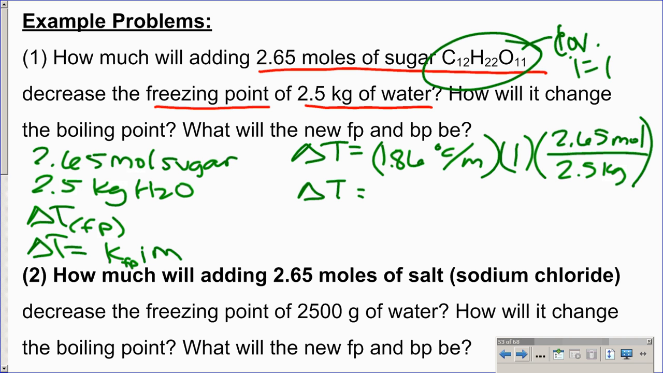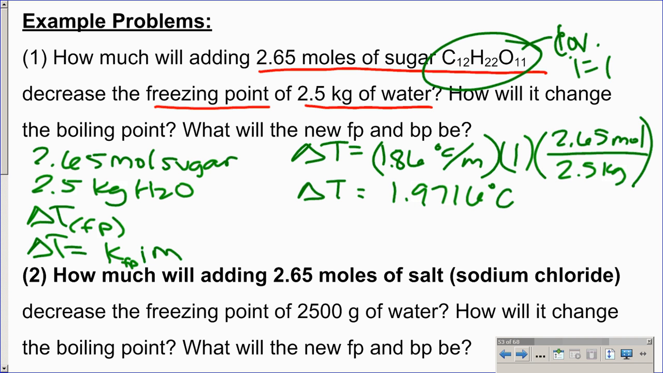What'd you get? Yeah. 1.9716 degrees C, if you carry it out a little bit. Okay, so that delta T is referring to what? What's it referring to again? Freezing point